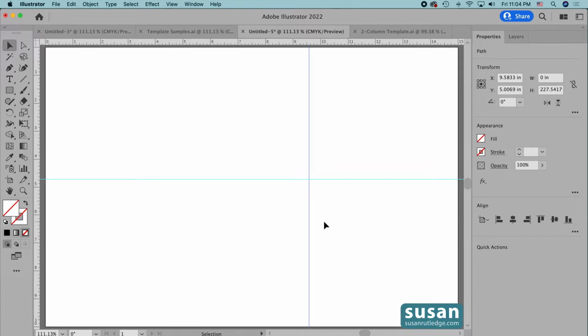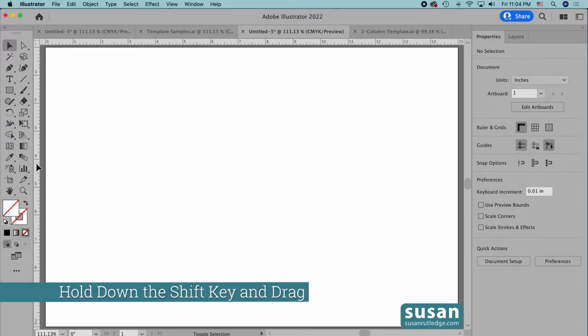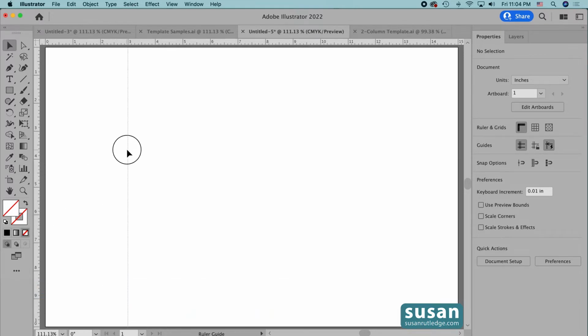But the whole point of having guides is to help with our accuracy. So just dragging a guide randomly onto the artboard is probably not going to be very helpful. So I'm going to select these guides and press the delete key. And this time when I drag out a guide, I'm going to hold the shift key down. This gives me the ability to snap my guide on any one of these little tick marks on my upper